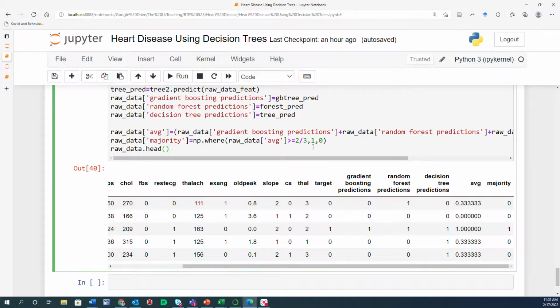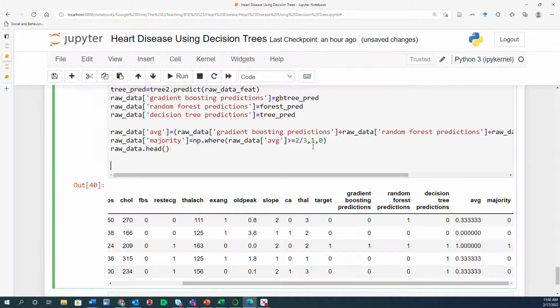So I'm going to use the trick that I used in the iris classification example, and again use NumPy. So what I'm going to do is say np dot mean of cases where the column majority in the raw data